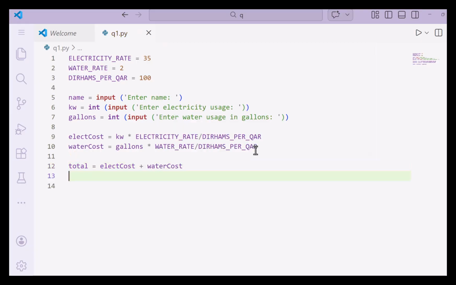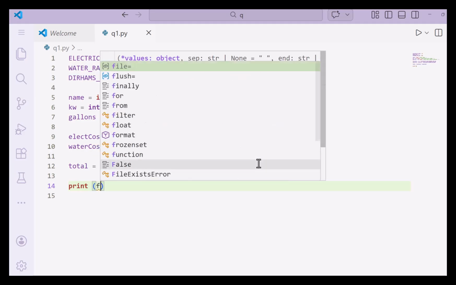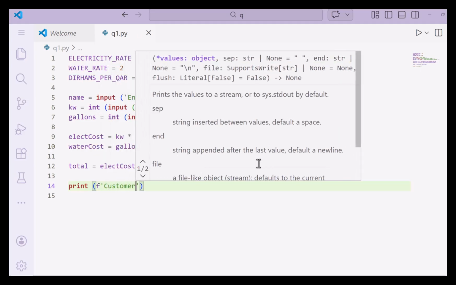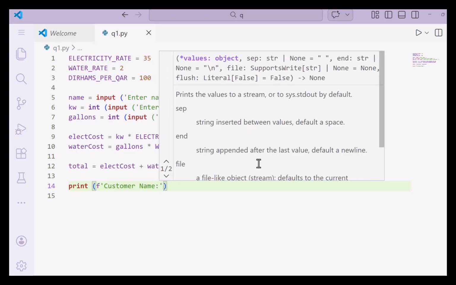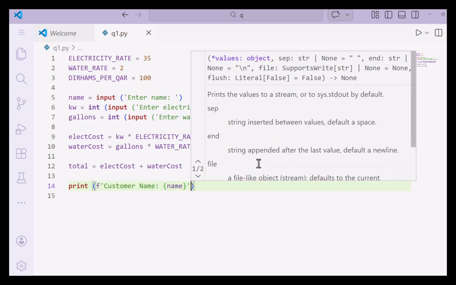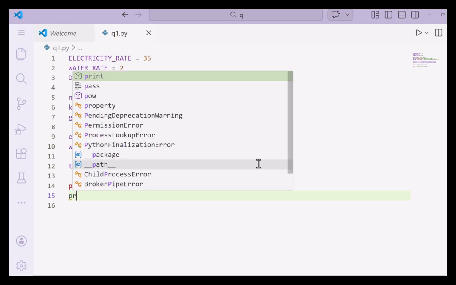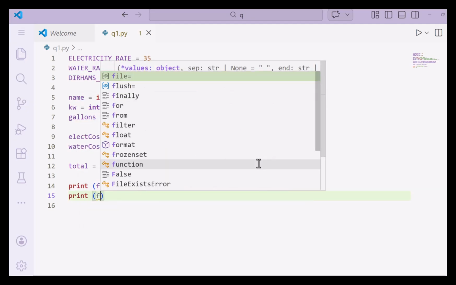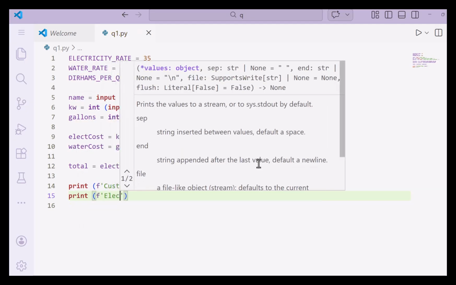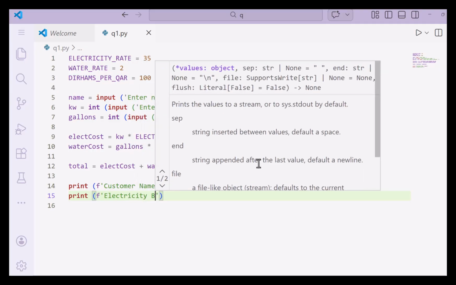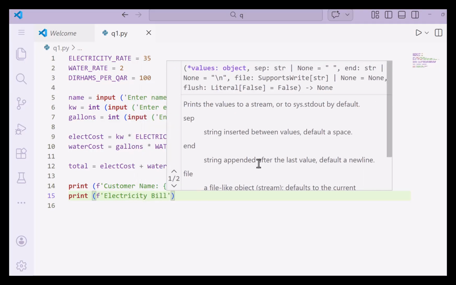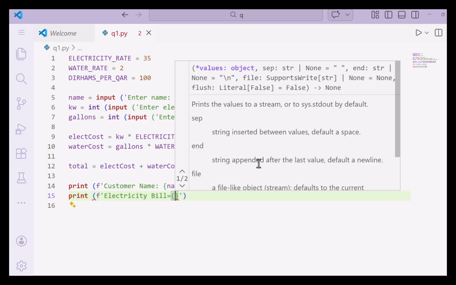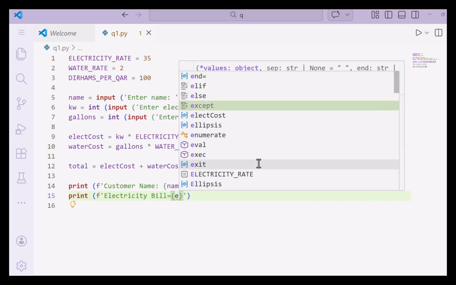So the output in this case should be, and it should be formatted as requested, print F customer name, and here we'll say name. Then we would say print F electricity bill and is equal to electricity cost